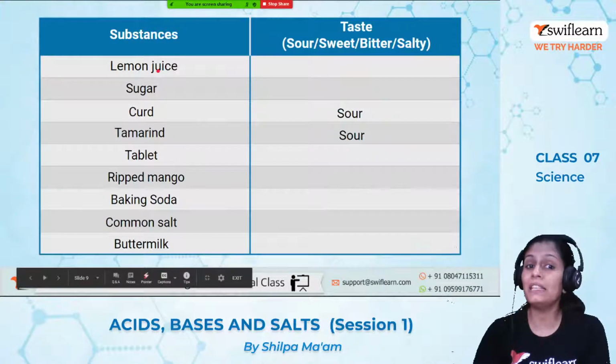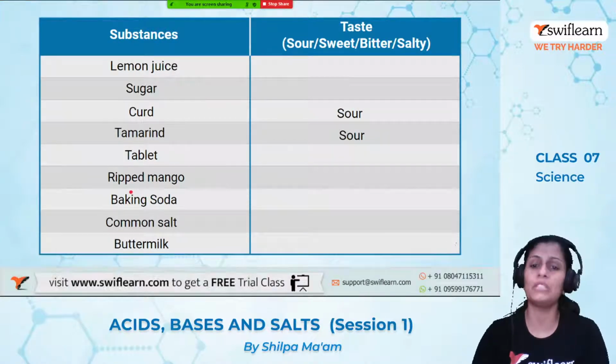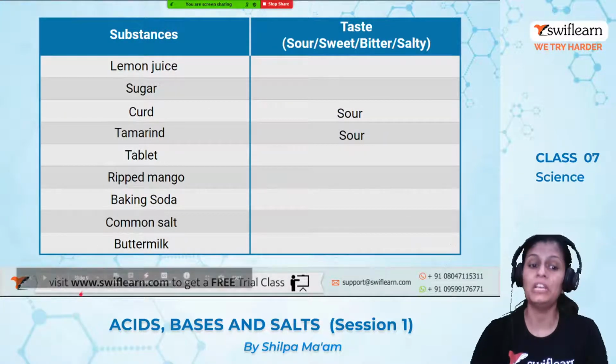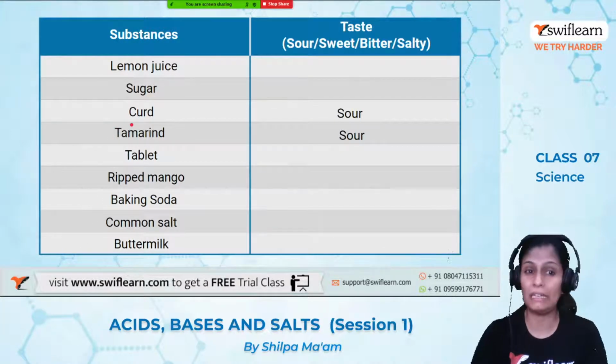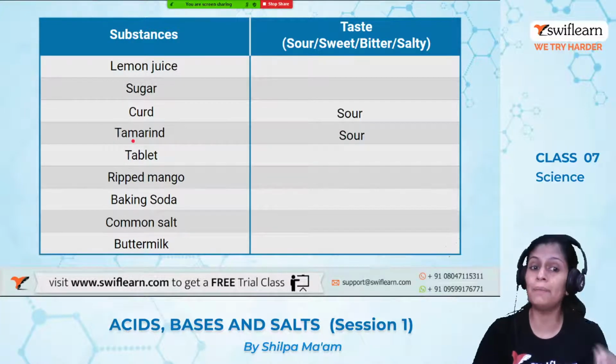Now here is a list of edible items that are around you in your day-to-day life. You see them here and there in the kitchen. So how do they taste? If we talk about curd, it is sour, khatta taste, it is sour in taste. Just like that, tamarind, imli is also